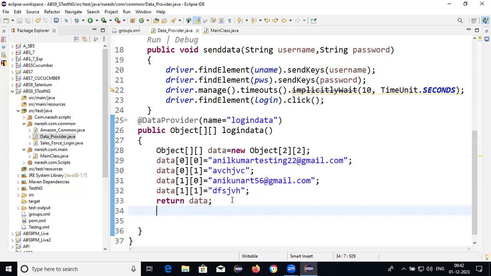For every method, we need to provide it, last line. We need to provide groups equal to retesting before every method, correct? That's it. Next line, if we want to execute these groups, create an